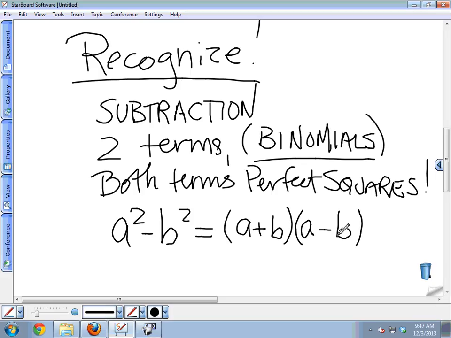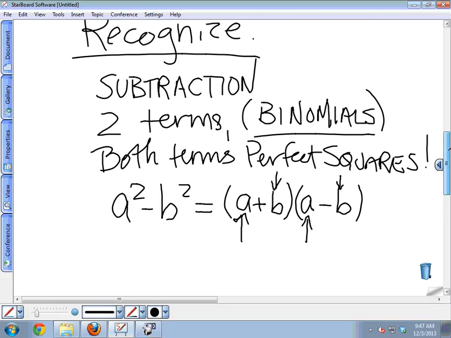So when you factor these things, you're always going to put two sets of parentheses. You're going to put a plus sign in one, a minus sign in the other, and basically what you're going to do is take the square root of A squared, which is A, and put it in the first slot of each binomial, and take the square root of B squared and put it in the second slot. Now when I say square root, don't let that bother you, because intuitively you already know what that is,